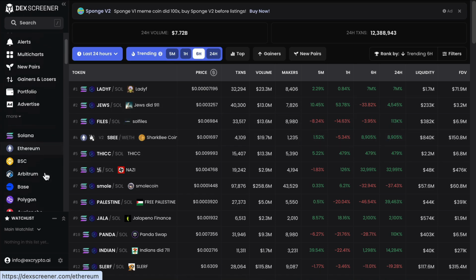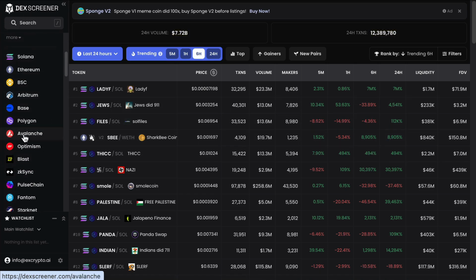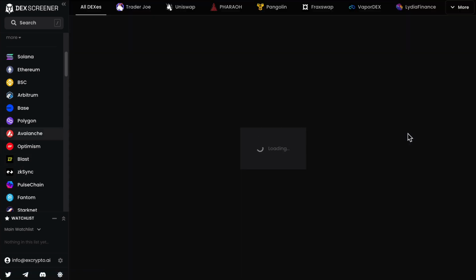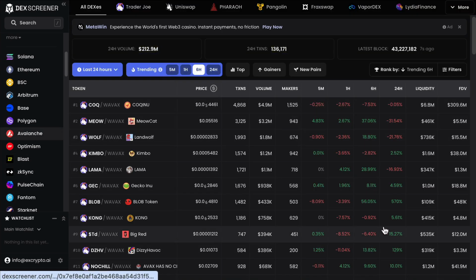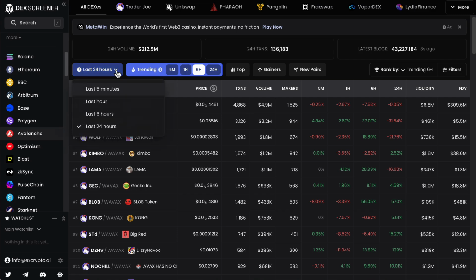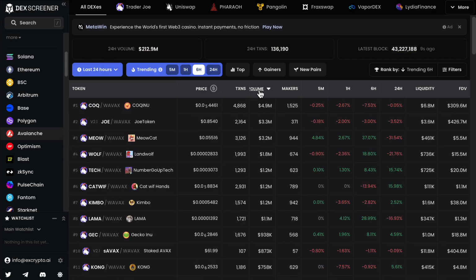So on the left-hand side here, you can see all of the chains. Avalanche, Base, Polygon, Solana, Ethereum, etc. We've talked obviously about all of these chains. What you can do is you can click on one of them, for example, Avalanche. And then what we want to do is this is already sorted by recent time. So 6 hours, 24 hours. And at the moment, we've selected last 24 hours here. So if we keep that selection and then we click on volume, we can see which one has volume coming